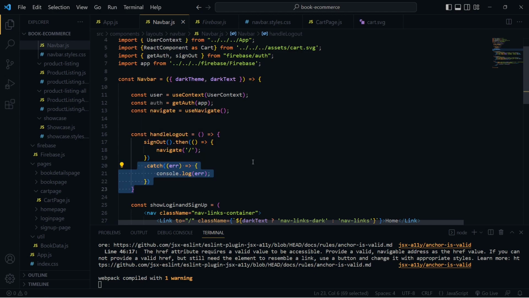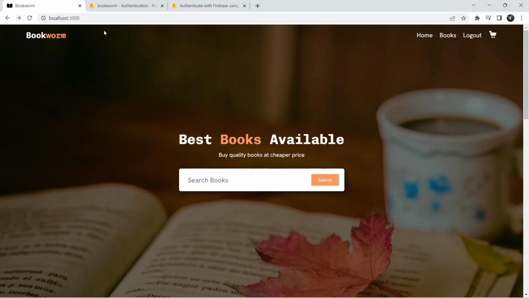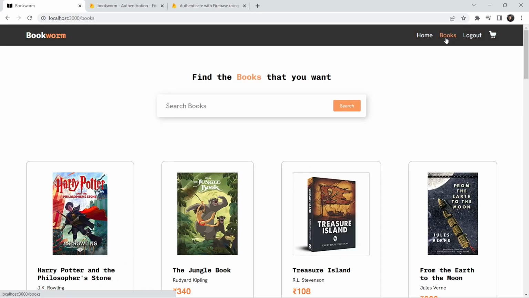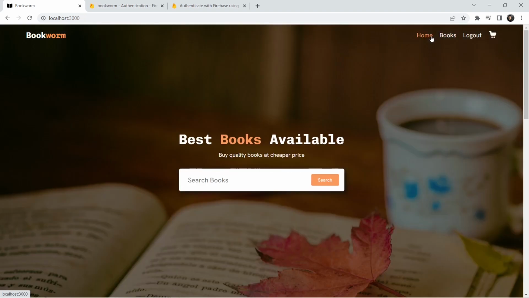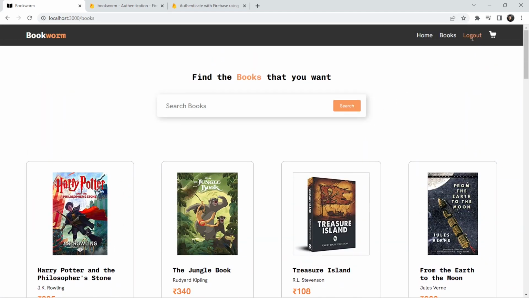Okay, let's save that, and I think that should work. Let's go back to our project and go to the books section, just to feel the redirection, because if you are redirected to home from home, you won't see any difference, but from books you will. So from here, we're going to click the logout link right here,